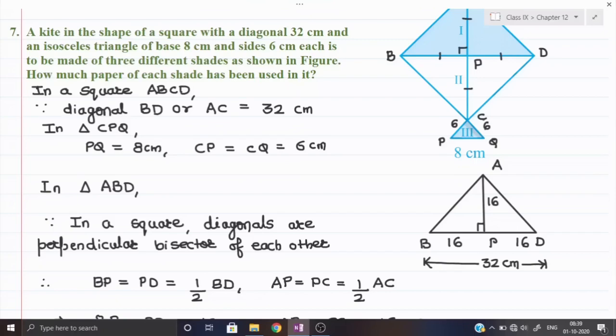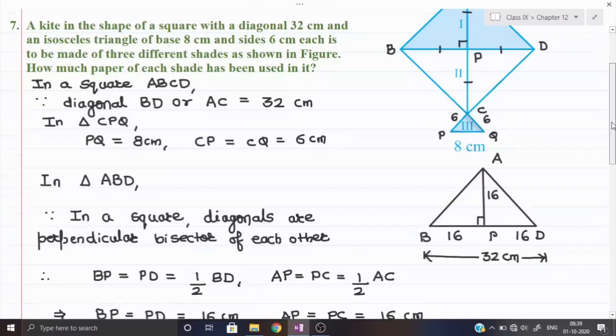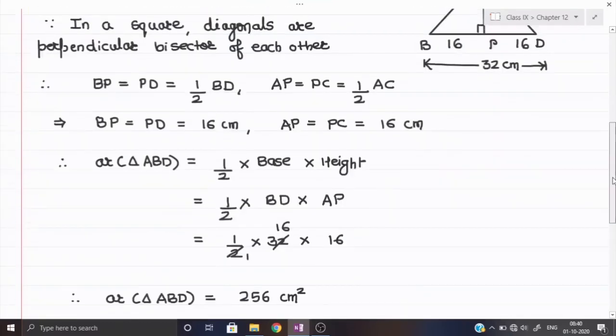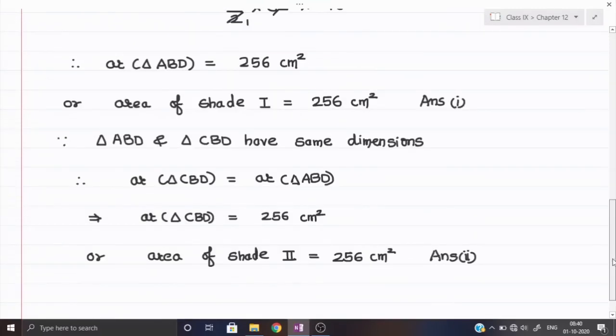Remember, we are not applying the Heron's formula to calculate the area of the quadrilateral. The upper one, which is given as a special quadrilateral, a square, I calculated its area without using the Heron's formula. That could be done. And now for the tail, that is the small triangle at the bottom, for that we can definitely use the formula of Heron's. So we shall write down now in triangle CPQ, since we know the value of 3 sides.